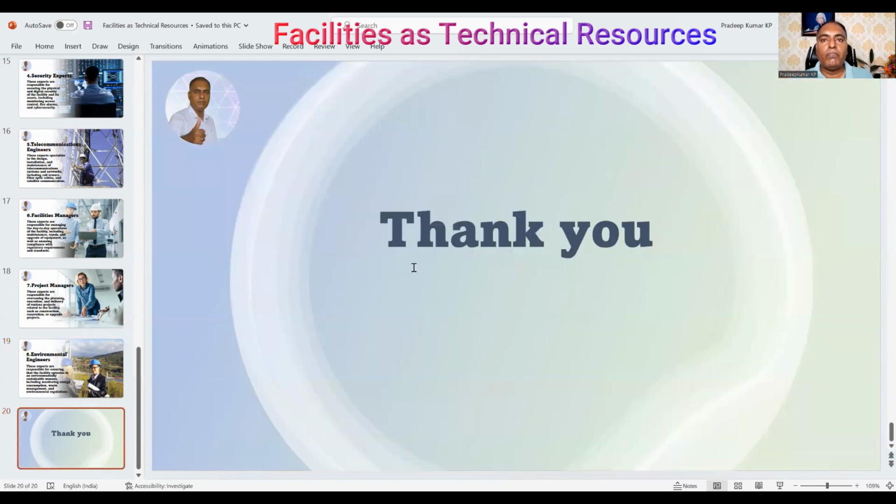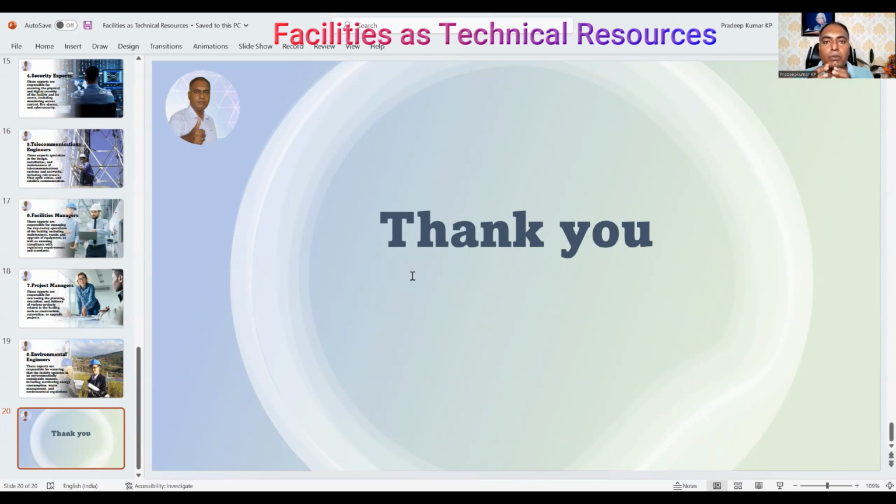As a technical expert of facilities, it's a bigger role, and he cannot give 100% of the information as a single person, but he can coordinate the overall working of that facility. He may not be individually expert in each and every technical resource available in that facility, but as a technical resource, if he can have good overall knowledge, then we can call him an expert in that particular facility.